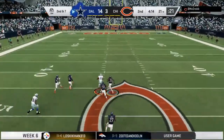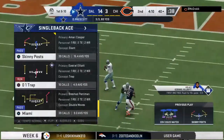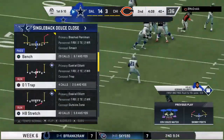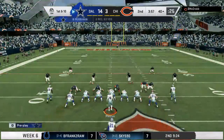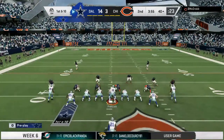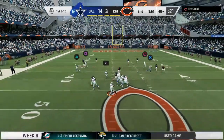Now a man open down the middle of the field. And they've got it well across midfield down to the 40 before it's all said and done. 39 yards the distance covered on the catch and run. So the big play moves him all the way across midfield to the 40 now for 1st and 10. Prescott